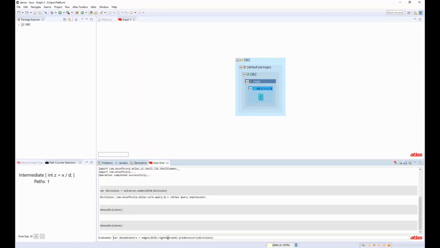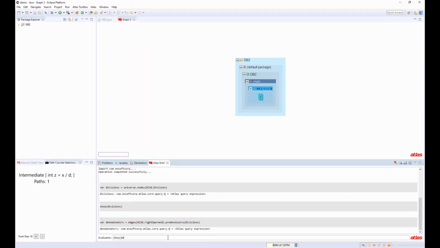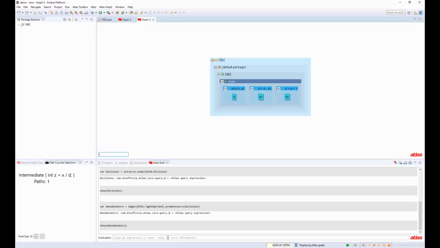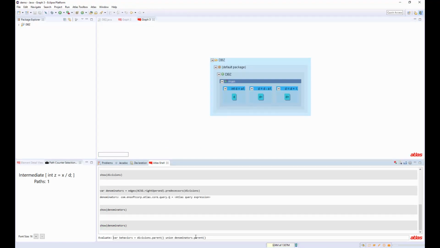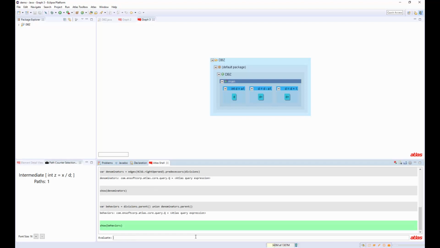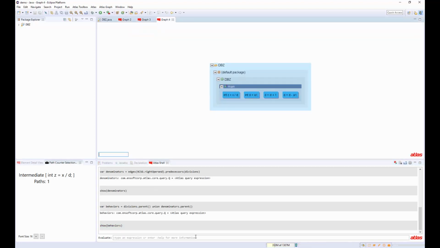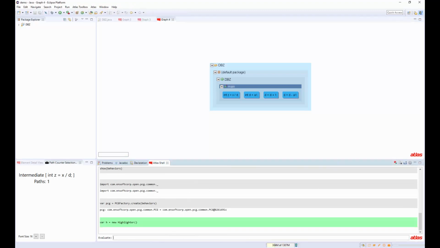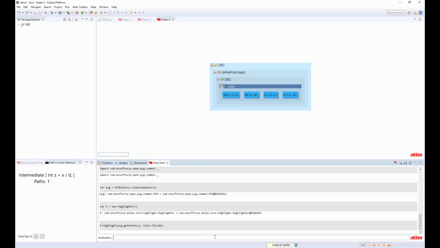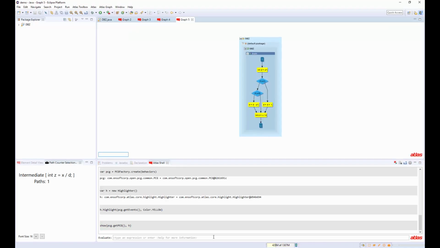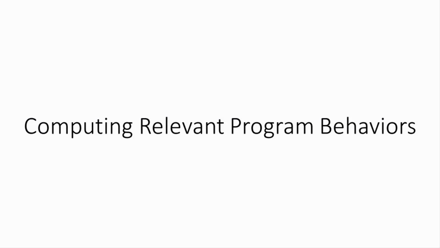Since we are only interested in the values of the denominators, we can select the right operand and a backwards traversal of our data flow graph, which represents the program's definition use chains. To select program statements as behaviors, we convert the data flow nodes to program statements by querying the containment relationships, and finally we construct an FPCG from the selected behaviors. At the end, we use a little bit of styling information to highlight the selected behavior as yellow in the resulting PCG. Now that we have covered the basic usage of FPCGs, let's take a look at a real-world application